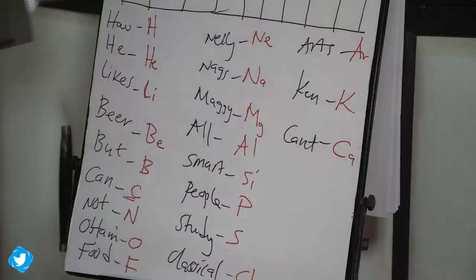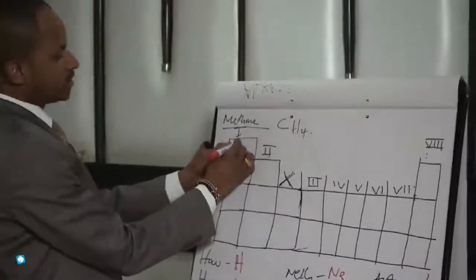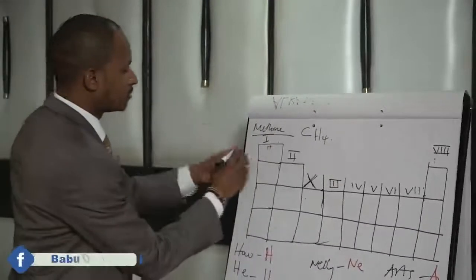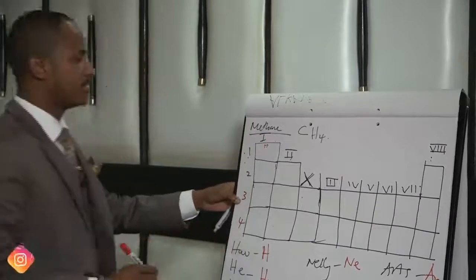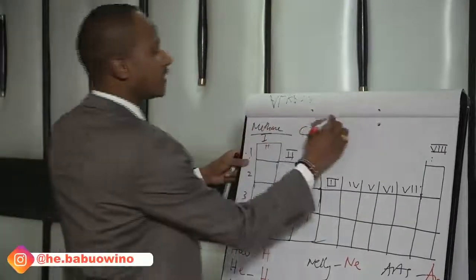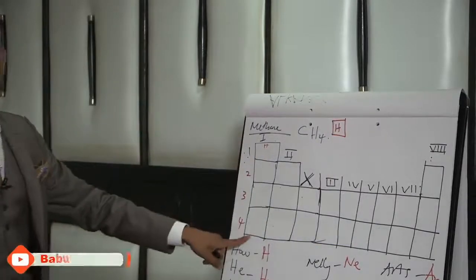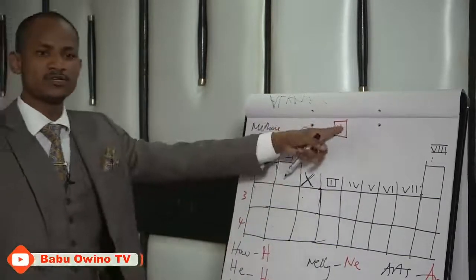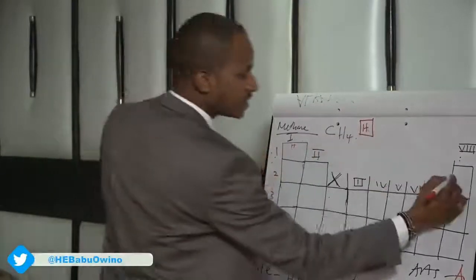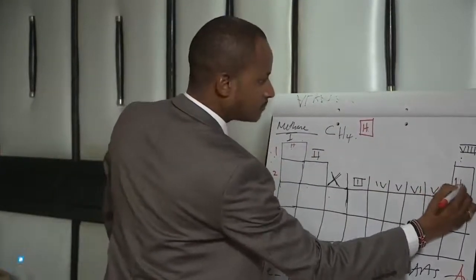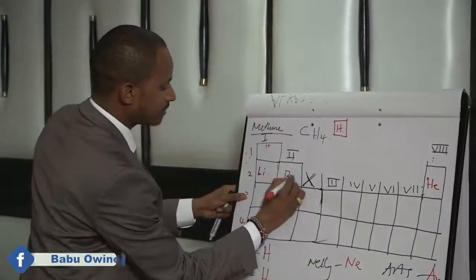So when you put them in the periodic table, we used to put hydrogen here. These are period 1, period 2, period 3, period 4 elements. Nowadays we write our hydrogen here. Why? Because group 1 elements are metals. So instead of writing it here, you write it here. Then from hydrogen, you write helium, then lithium, beryllium,